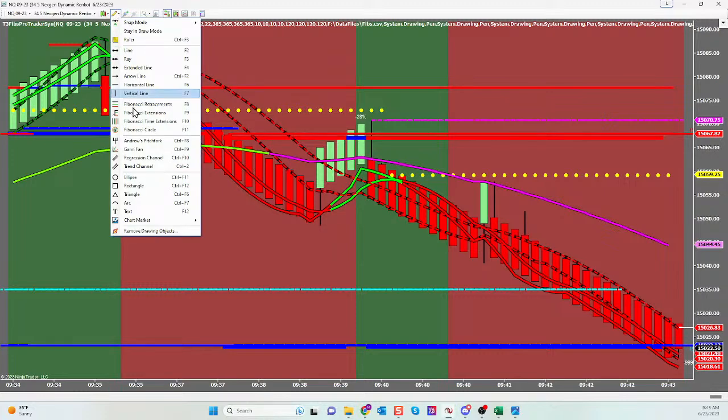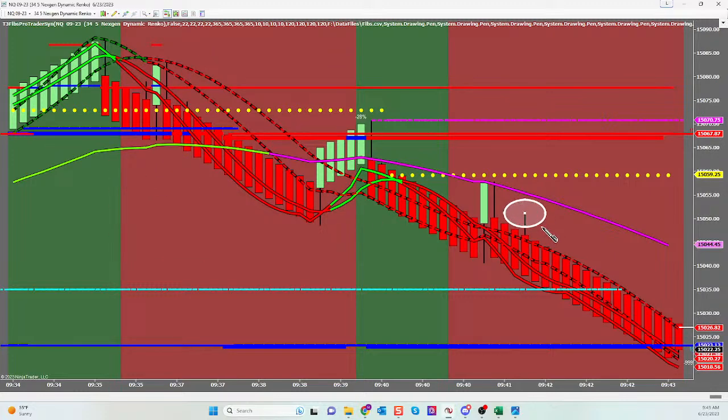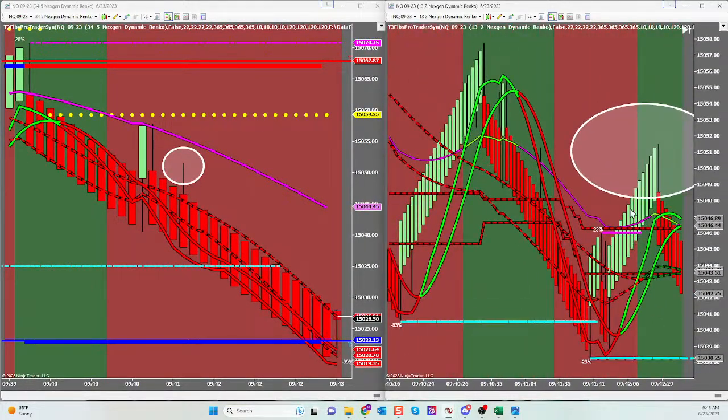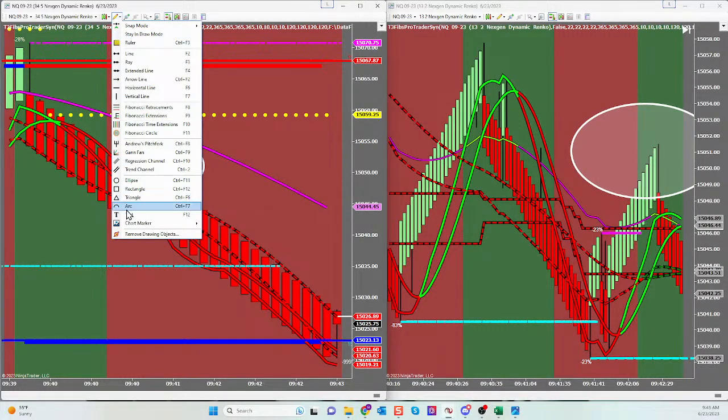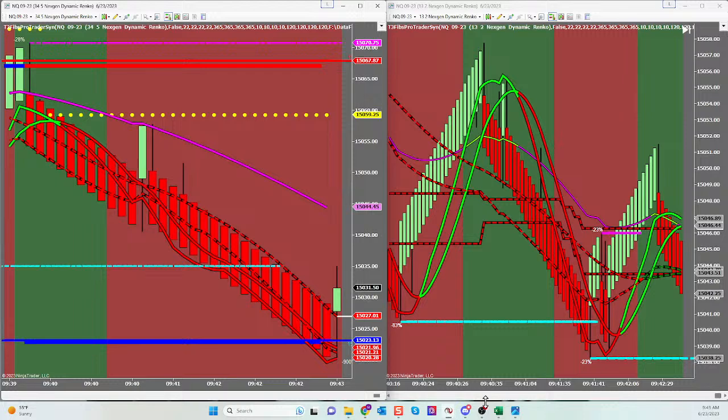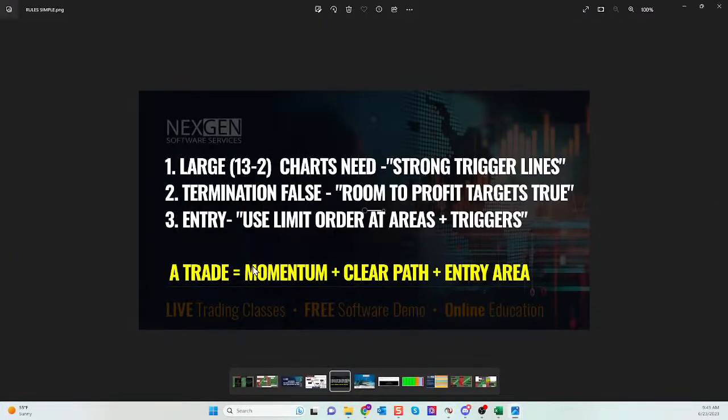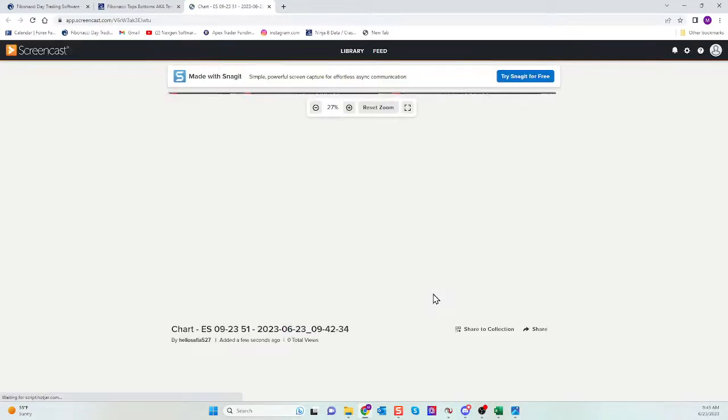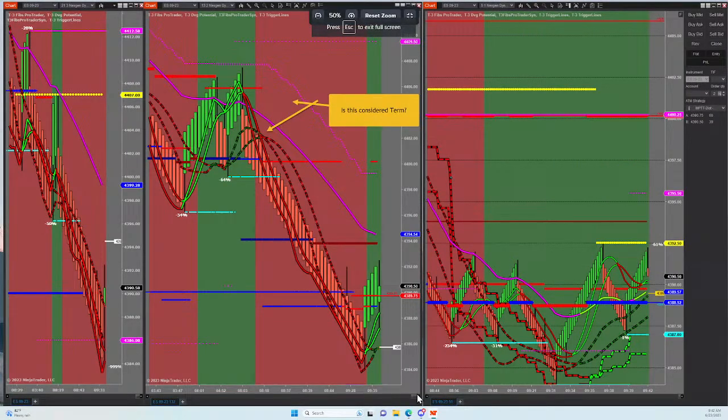And you're going to be able to figure out when it happens, when you have odds favorable, when there's no termination conditions, it creates an opportunity to look for entries, guys. So we're going to figure out when the advantages are in place, when I have the advantage of momentum, when I have the advantage of a clear path, guys, let's find your entry area. Let's refine that broad stroke of a brush, go to a smaller chart, and pinpoint with unbelievable accuracy where the market is likely to continue. Is this a termination condition? Where are we pointing?